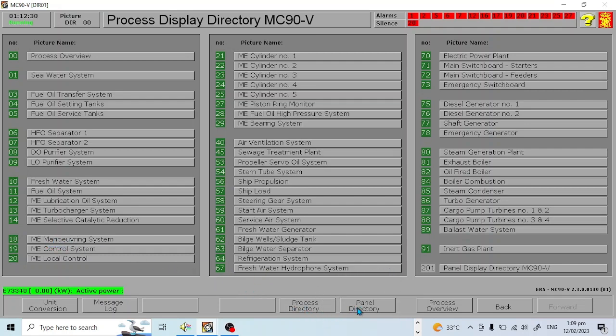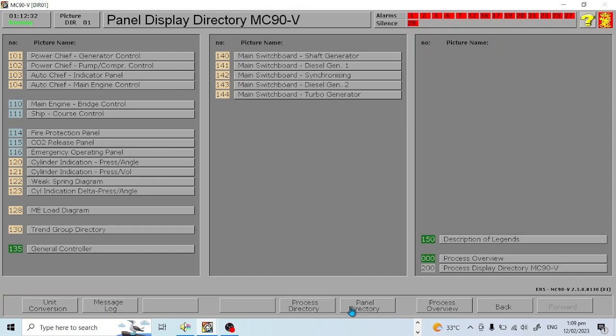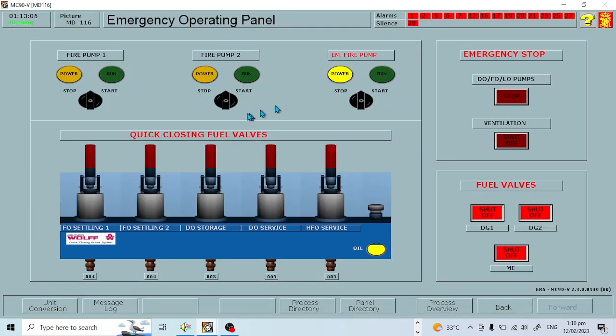Panel directory. So look for 116, the emergency operating panel. In here you can also operate your quick closing valves and the emergency stop of the diesel oil pumps. Emergency operating ventilation is especially important in case of emergency. In case of emergency, you need to stop the diesel, fuel oil and lube oil pumps